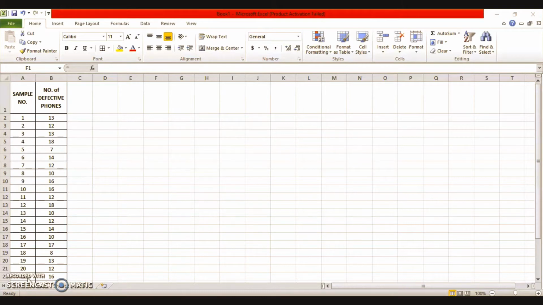That means the actual number of defectives may be represented by NP. This is the reason why we call this chart an NP chart.